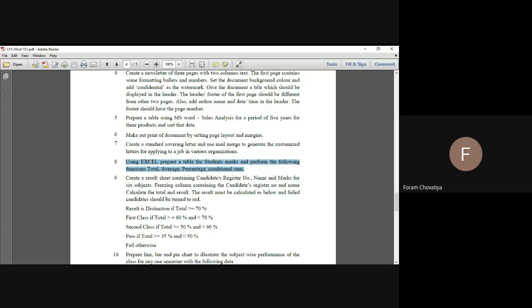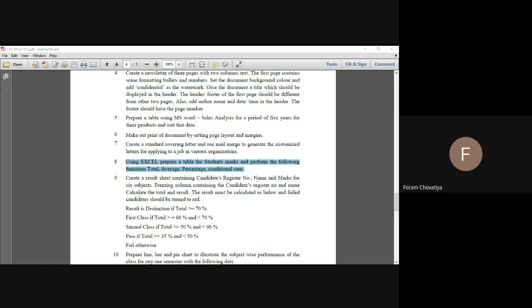We also prepared a table through a Word document, but right now we have to prepare a table in an Excel sheet. Excel sheet is different software. The other option is that we can also prepare a table in Word. We already learned how to prepare a table in a Word document in practical number 5. Do you understand how we can prepare a table in Word? Yes or no? I think all of you understand how to add a table in a Word document.